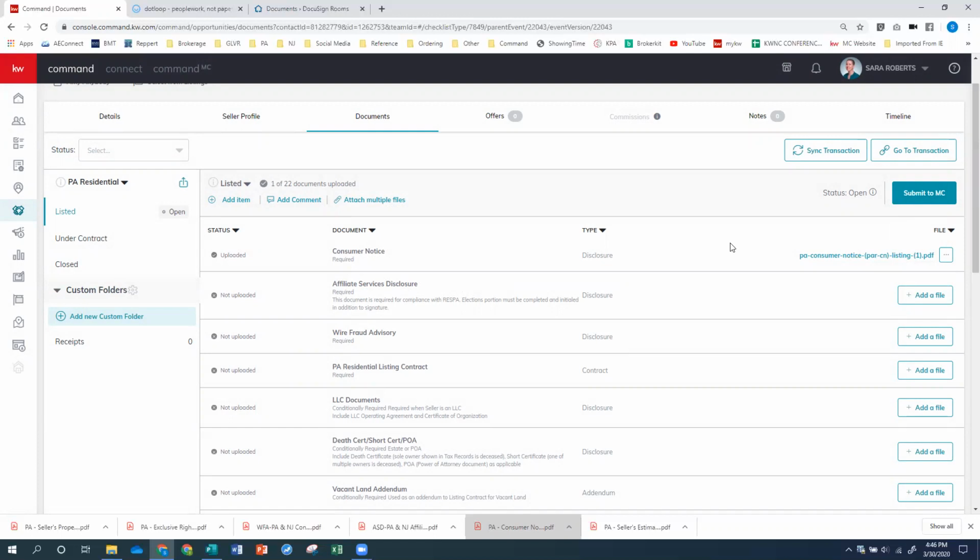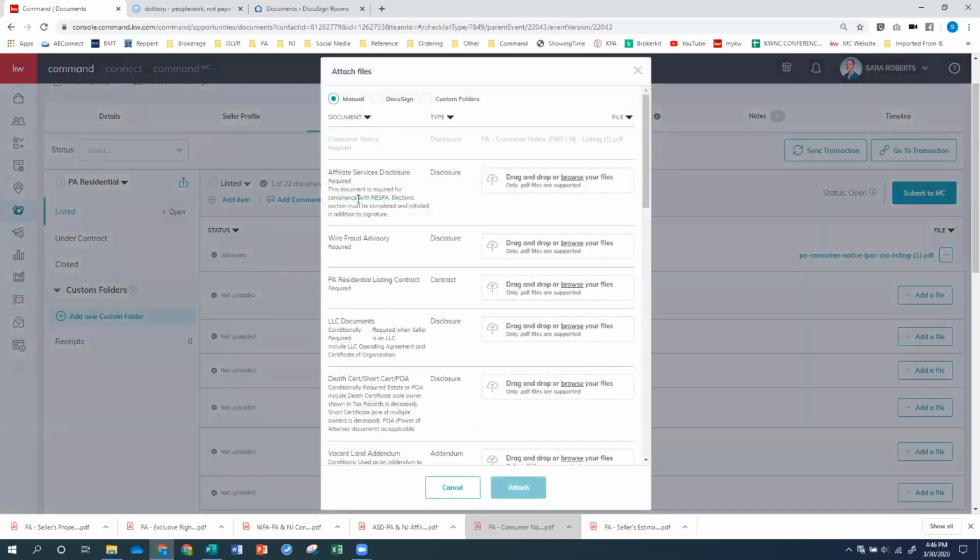I will just note here that it is important to make sure that your document files are clearly named so that it's easy for you to tell that you're getting things into the right spot. Now, if we wanted to attach multiple files, you can see at the top of the checklist, they have that option there. So if you click on that, you get this pop-up window, and it has all of the placeholders open in the pop-up for you so that you can drag and drop or browse for multiple files at a